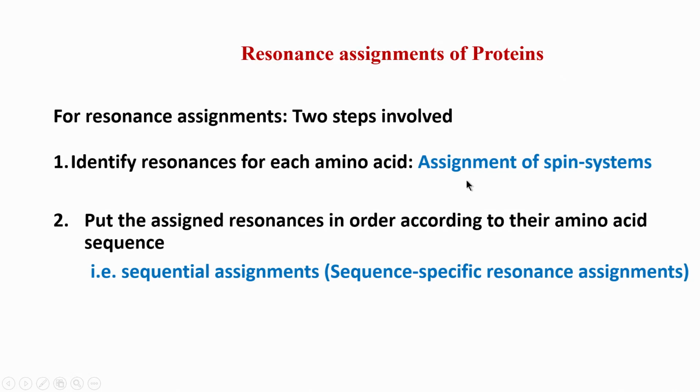Once we identify the spin systems, the next step is to put the spin systems in the right order. So, this is important here. Remember, we have only identified at this stage that there are 4 lysines, there are 4 arginines, there are few aspartic acids and so on, but we have not arranged them in the right order. And how do you arrange them in the right order is the whole idea of sequence specific resonance assignment, which we will see now in this class. But the whole idea is that we need to know the sequence of the protein, so that we know how to order them, because if we do not know the amino acid sequence, we will not be able to put them in the right order. So, therefore, first we have to identify and then put them in this correct order.